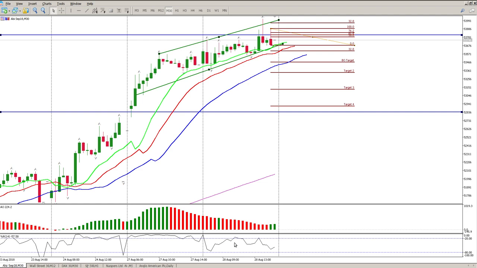So there's nothing to read into that. We do have a little bit of an upturn at the close, but I'm not going to read much into that at this stage. So for me right now, this is either going to continue in this upward channel,